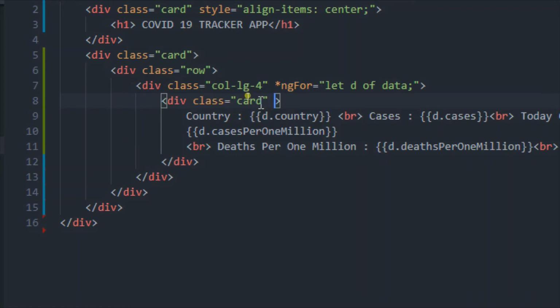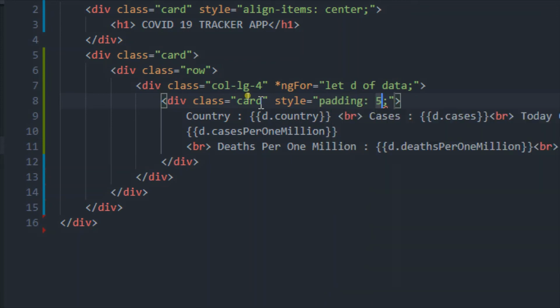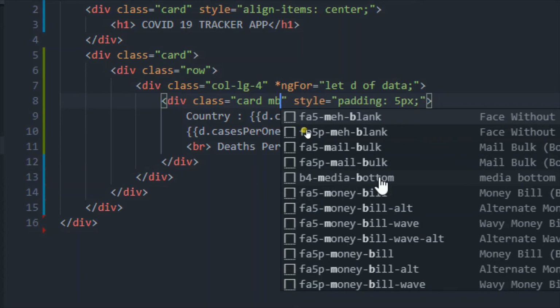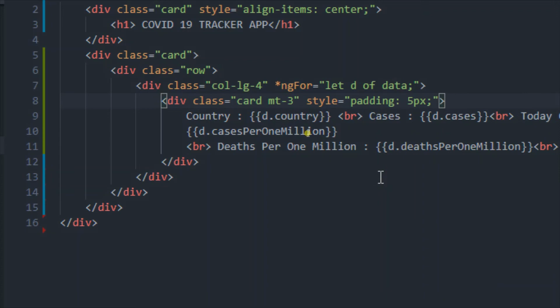Let me assign style padding equals 5 pixels, and I will assign one extra class called MT3, which is a margin top, so that each card will be separated by margin 3. And now let me save these.